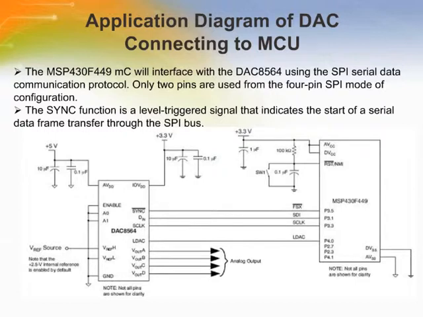The MSP430F449 microcontroller will interface with the DAC 8564 using the SPI serial data communication protocol via the MSP430's USART0 port. Only 2 pins are used from the 4-pin SPI master configuration. It is implemented this way because there is no need for reading any data back from the DAC 8564 or